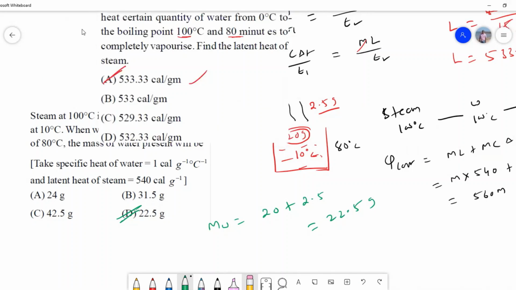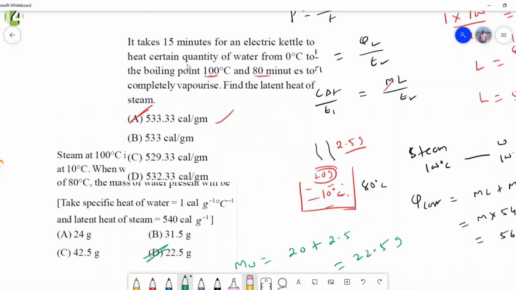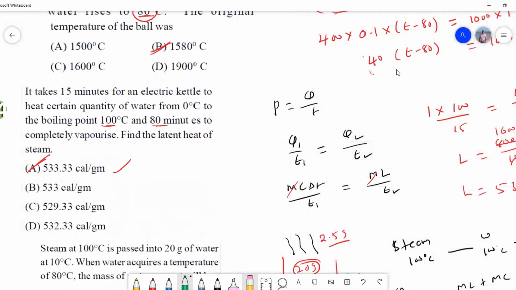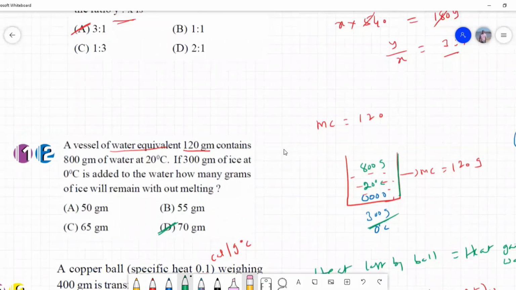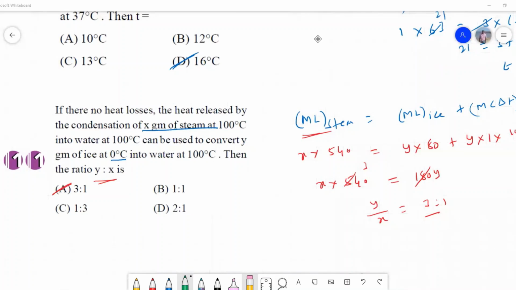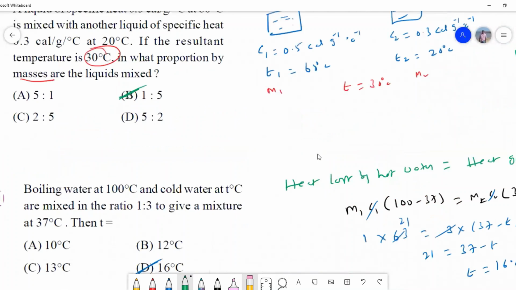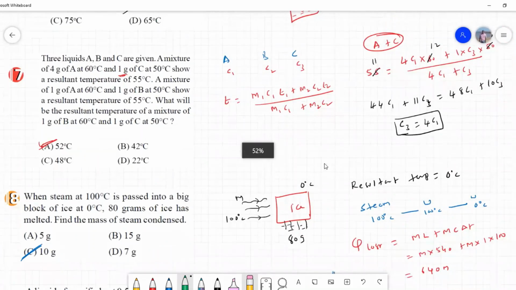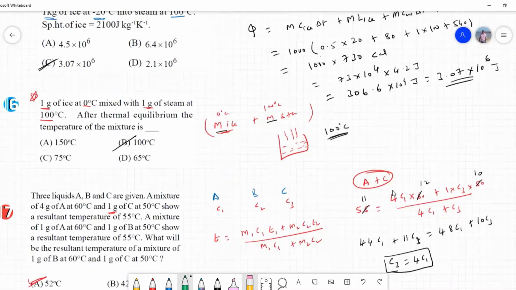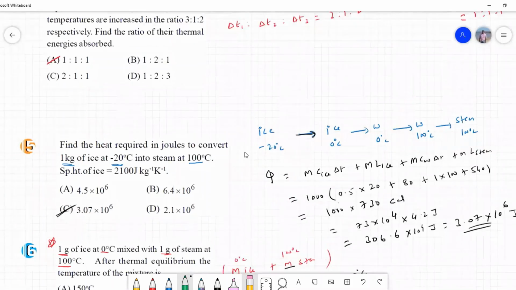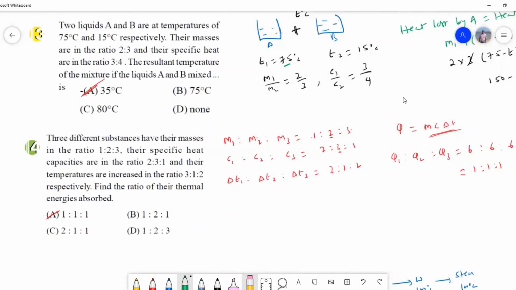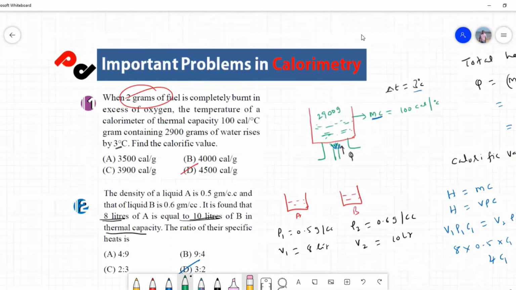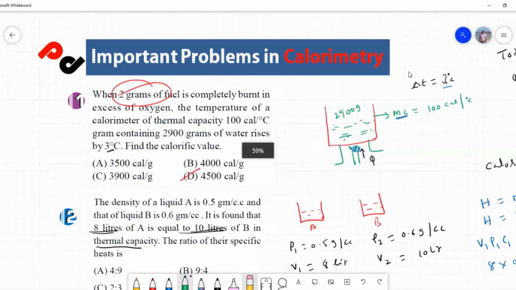So these are some of the important models from calorimetry in this video. Now we'll discuss some more problems, some more important models of calorimetry, in my next video. So please watch these videos again and again until you get confidence, and these problems will definitely strengthen all your basic formulas. Solve the problems at different models, and definitely it will increase your confidence and you can face the exam